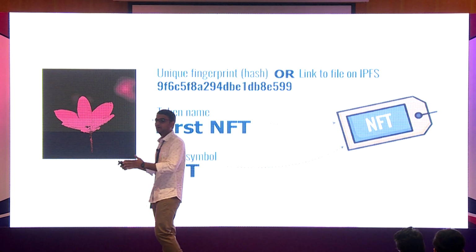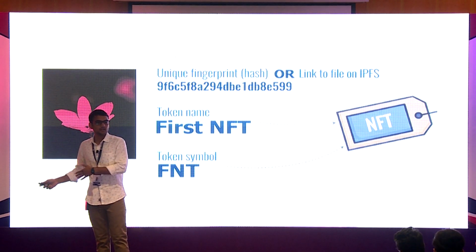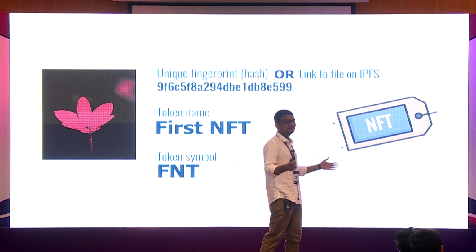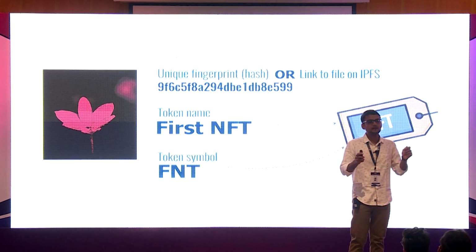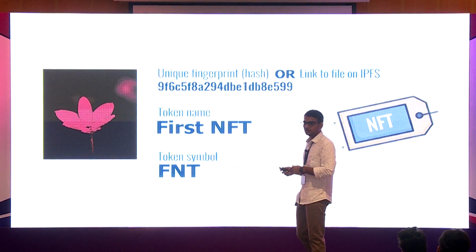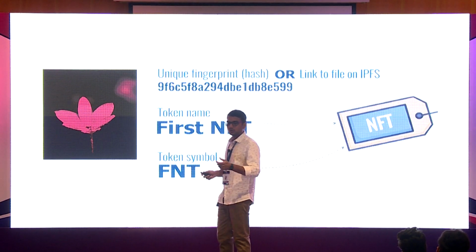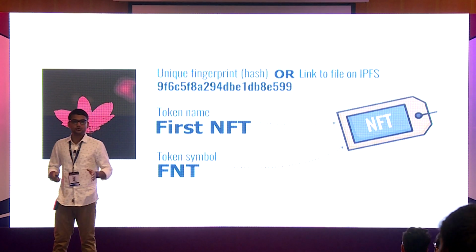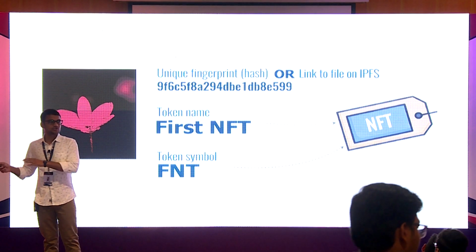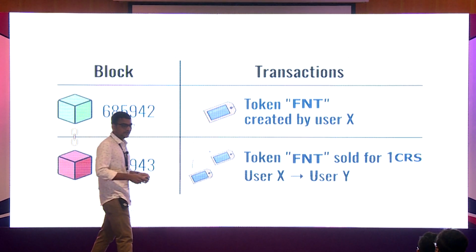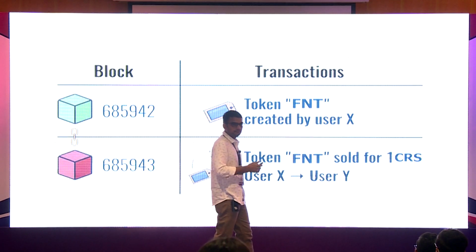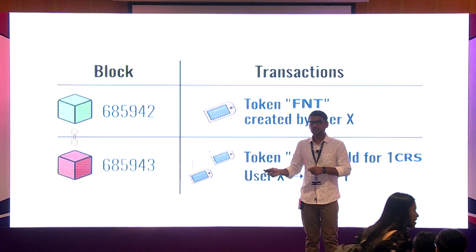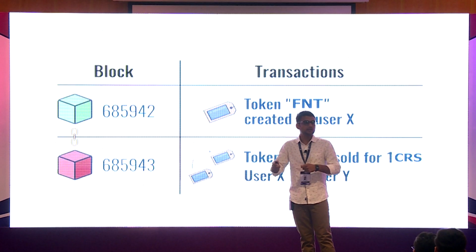So there are different sets of hash functions available. The famous one is SHA-256, right? You can give any size input, it will give you a fixed size output. So you can create fingerprint hash, token name, and token symbol. In this case, we have first NFT. So these 3 things will be stored to the blockchain via smart contract. So when I create any NFT, it will create a record on the blockchain that this person has created this token with unique